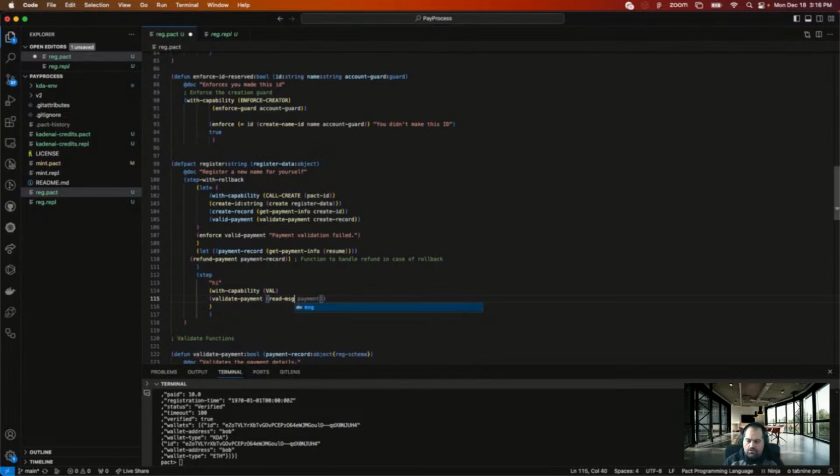Read message payment dash record. Yeah, should be in there. All right, so this is gonna wrap this. Just make that a little more concise. We don't need that. So this is step 1. Validate the record. Validate the record.